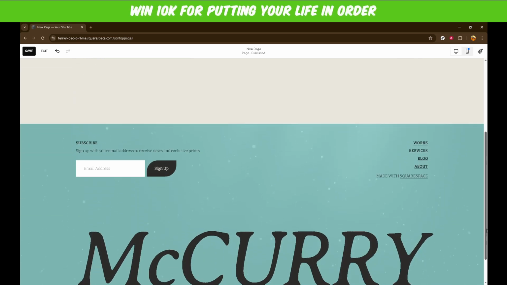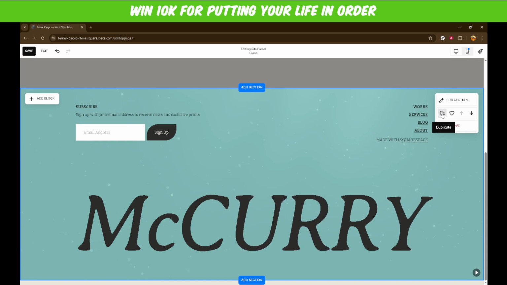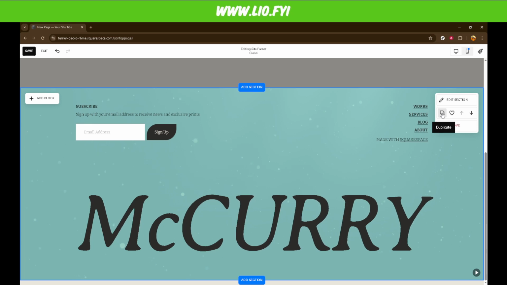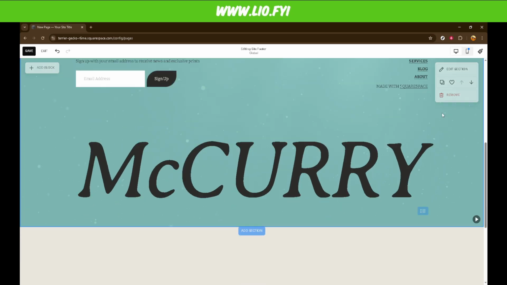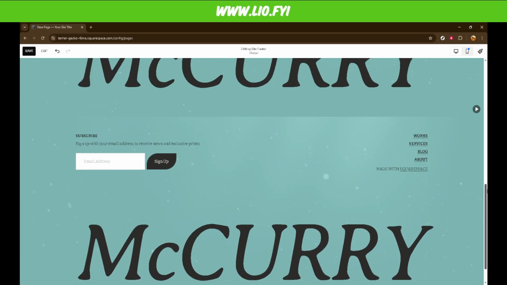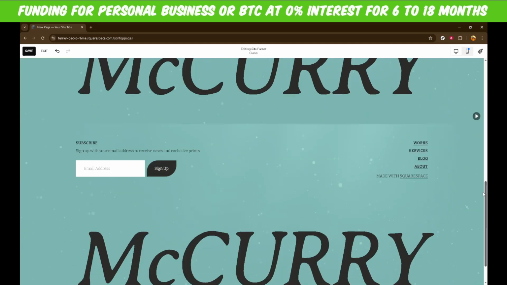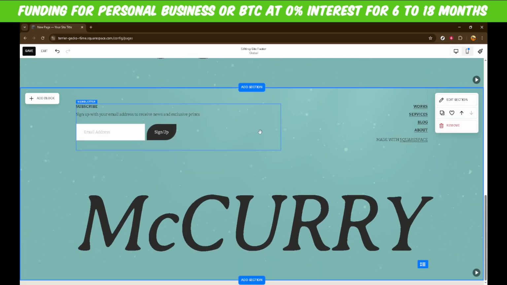Once you have selected your block, look for the highlight feature. It's typically found floating on top of the block or nearby, sometimes represented by an icon or simply by hovering over it. Clicking on highlight selects the entire block, not just a portion of it. This step is crucial because it tells Squarespace that you wish to manipulate the whole block rather than just individual elements within it. Keep this selected as it allows the duplication to function properly.